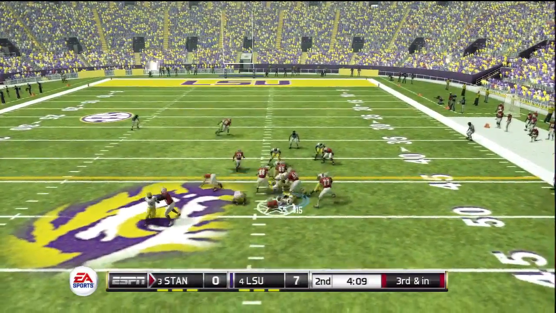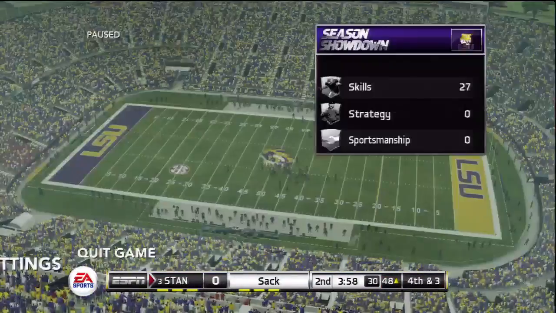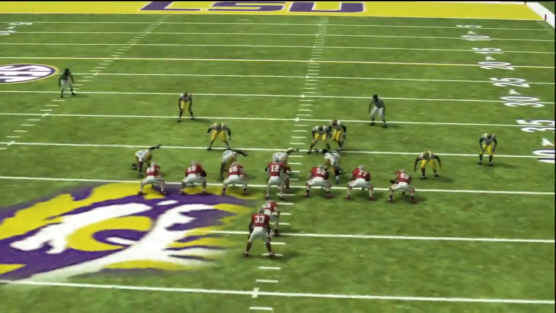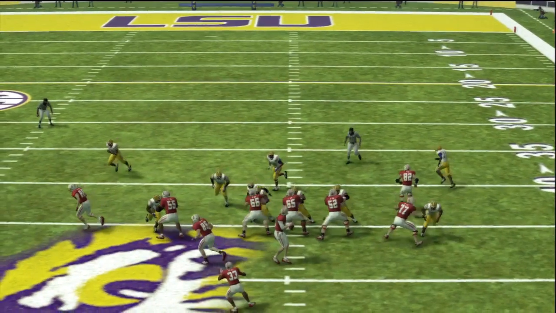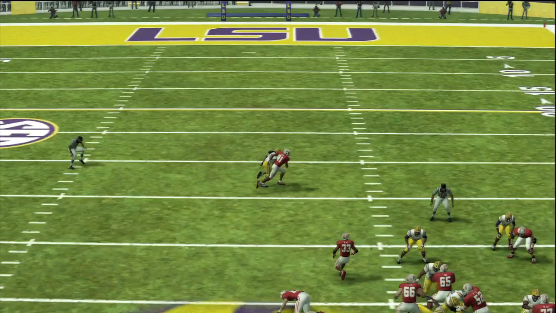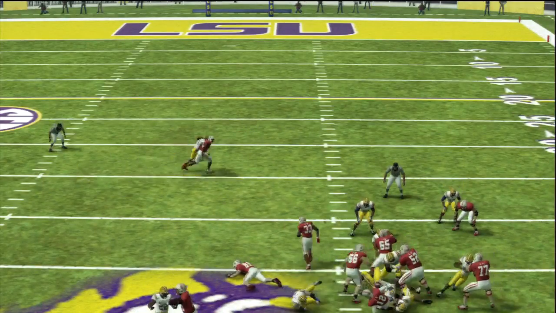I was wrong, but once you guess wrong, you have to commit to it. Had I not committed to it, he would have probably easily gotten the first down, because the guy that I blitzed with was guarding the running back, and it looks like the running back was running a little curl route, and they probably would have gotten it. So being as that